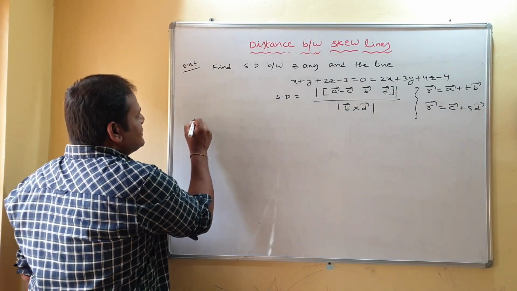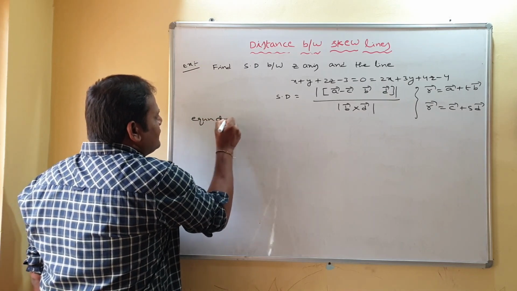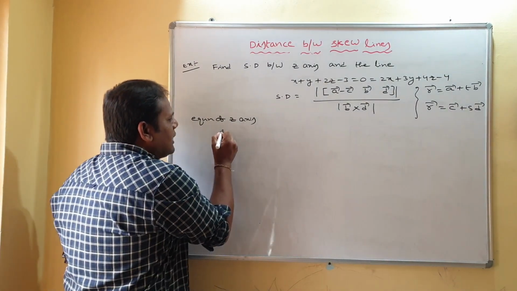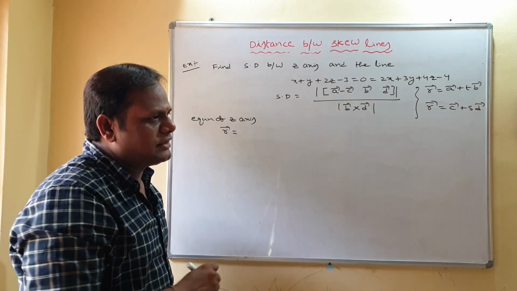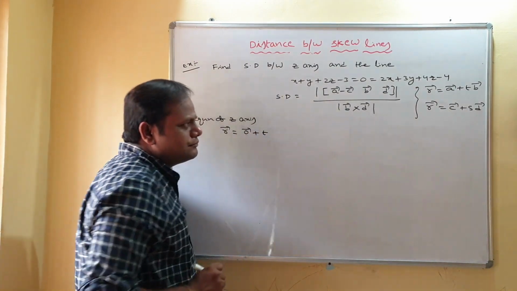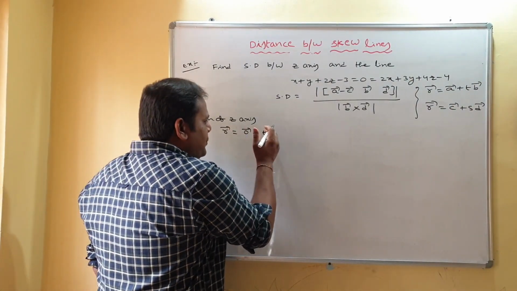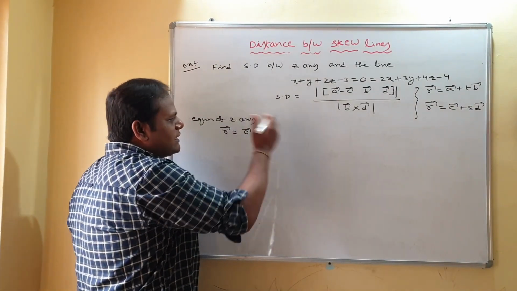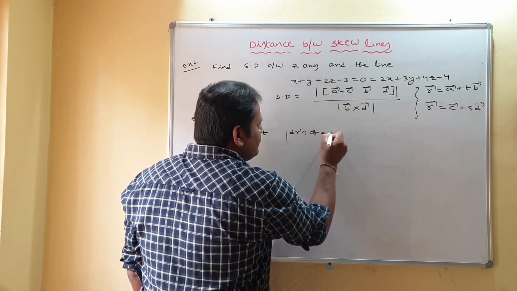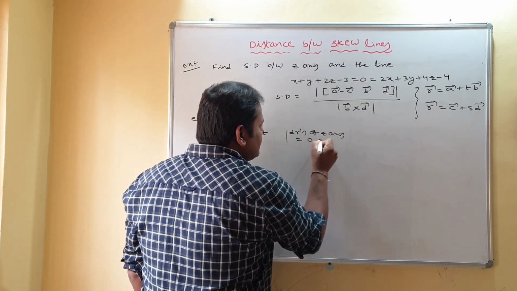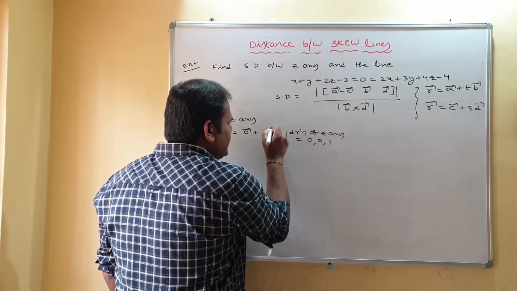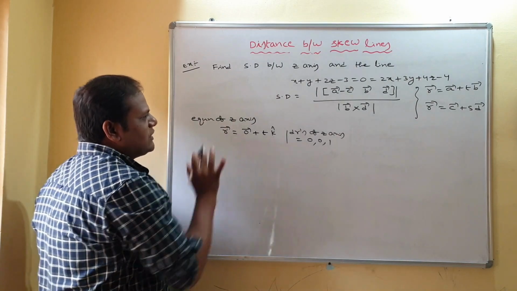Now coming to the z-axis. You know the equation of the z-axis: r bar equal to the point on the line plus t into B bar. The point on the line is the origin, so 0 bar plus t into B bar, where B bar represents the DRs of the line. What are the DRs of the z-axis? They are 0, 0, 1. So, 0 i cap plus 0 j cap plus k cap, so t into k cap. This is the first line.